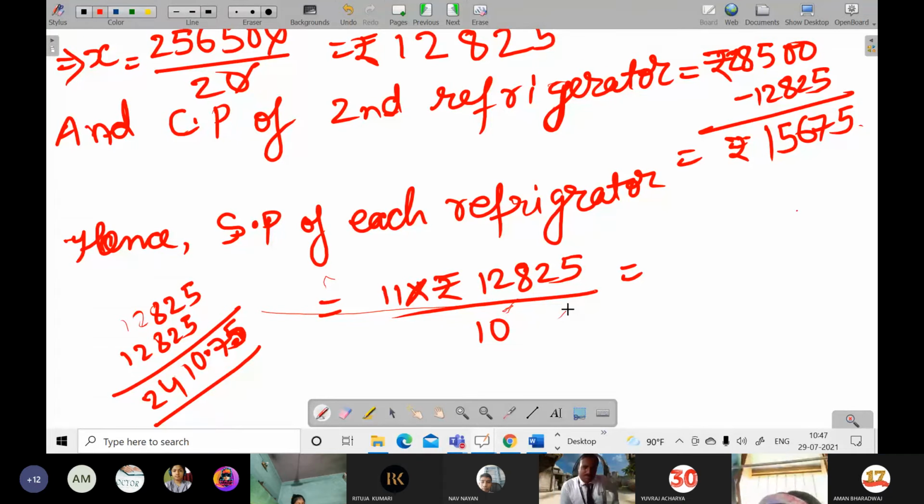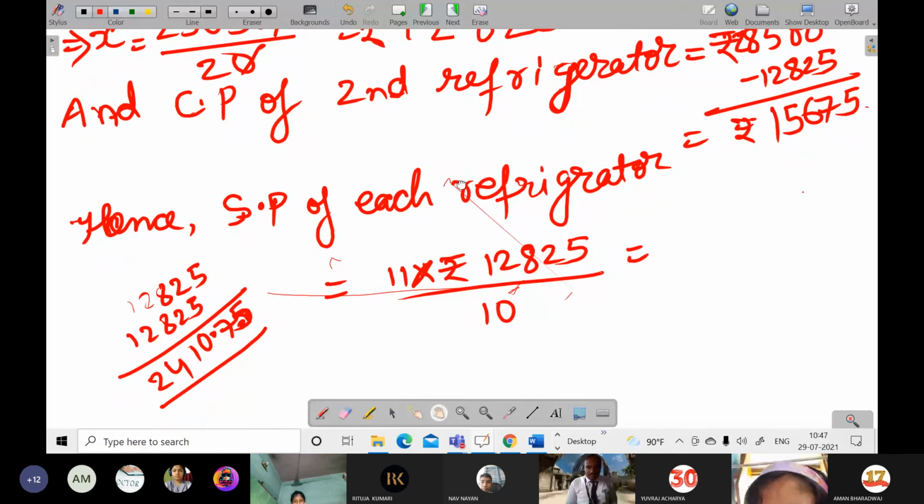This is how much it came, while multiplying 2, 1, 2, 8 to 5 and 1, 2, 8 to 5, then adding. Okay, so it becomes this. So it becomes 200. How can you keep after 2 points? It is divided by 1, so after 2 points, 224,825. In both cases, then there will be profit itself. Okay, in both cases it has been said. In X, okay, SP of each refrigerator. So X value is how much?